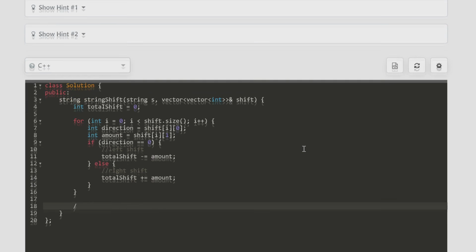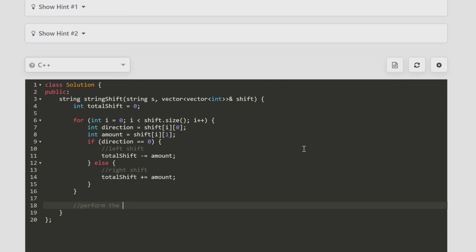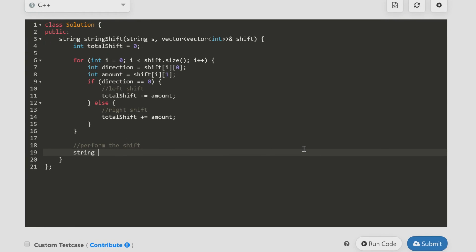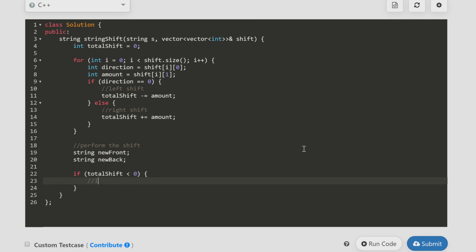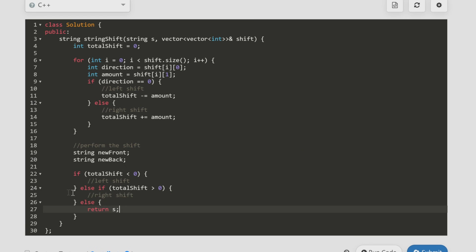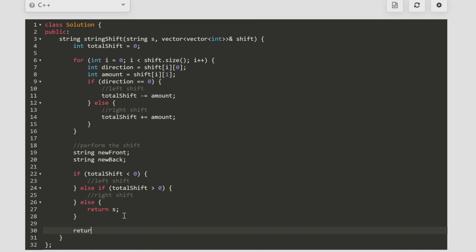Alright, now we have our total shift and we just need to perform the shift. So we're going to create new strings called new front and new back. And basically what we're going to do is if total shift is negative, then left shift. Else if it's positive, then it's a right shift. And otherwise we can just return S because no shift is required. So in the end, we're going to return new front plus new back. So how this works is,